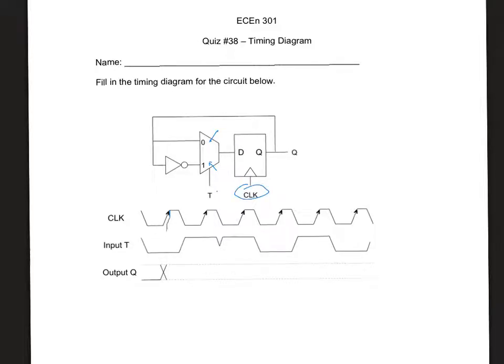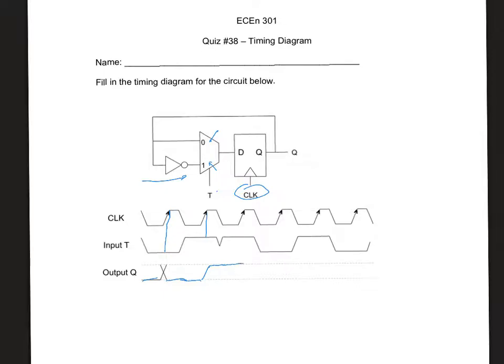So on this rising clock, the input is 0, so it's just going to pass through Q, and Q is equal to 0. So this is just going to be 0 until we get up to this rising clock. When the clock rises here, now T is equal to 1, so we're going to get not Q. And so Q is equal to 0, so at this point we're going to rise up to 1